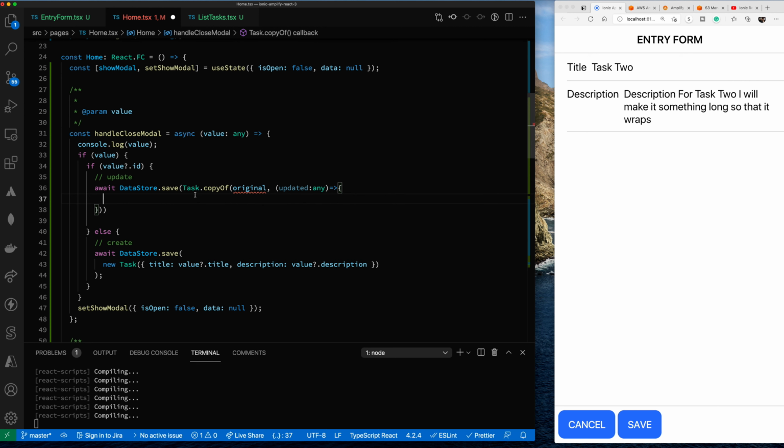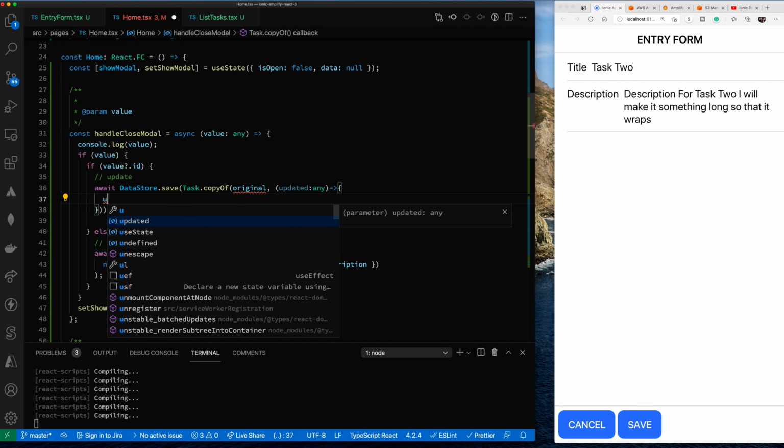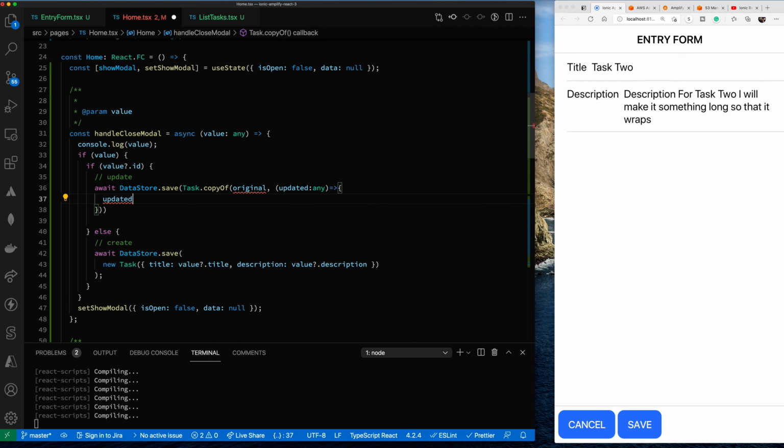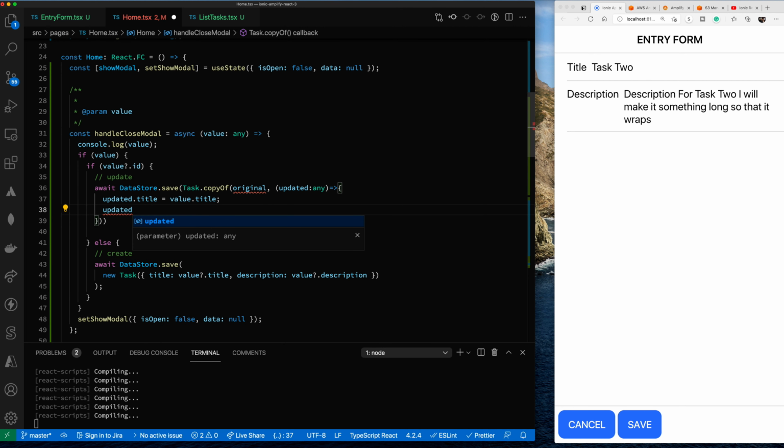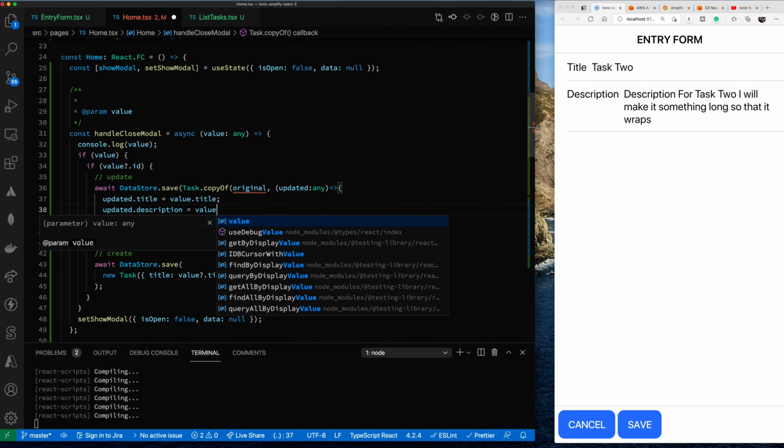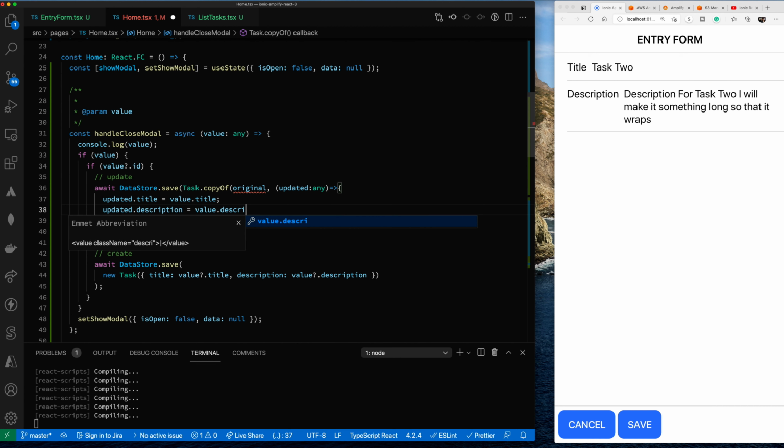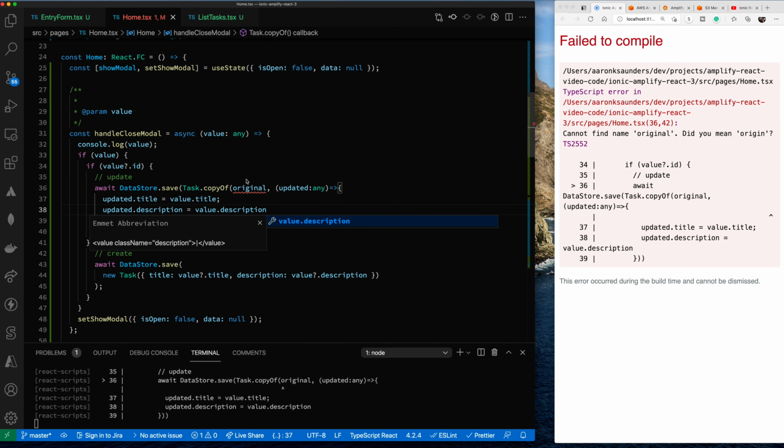And then what you do inside here is we start setting our updated values. So updated.title equals value.title, and then the updated.description equals value.description. And